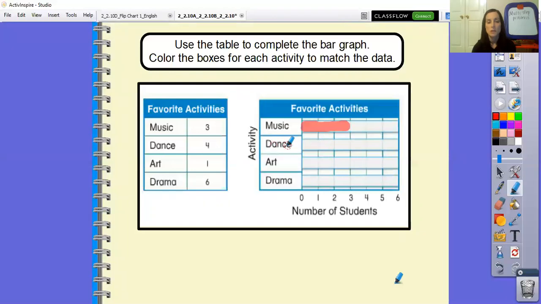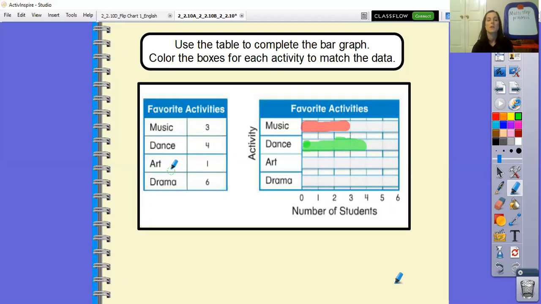And so we are going to come to our bar graph and find dance, and I'm going to use a different color, I'm going to use green, and I am going to put up to 4 on my bar graph to represent dance. We're going to do 1, 2, 3, and 4 because we want it to line up all the way next to the number 4. If you go all the way down, you can find the number of students,